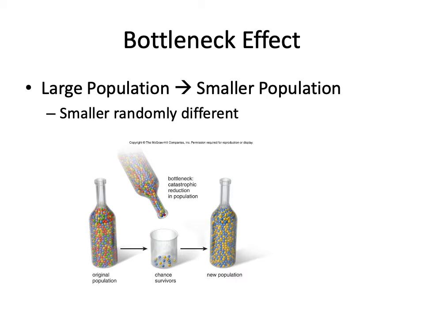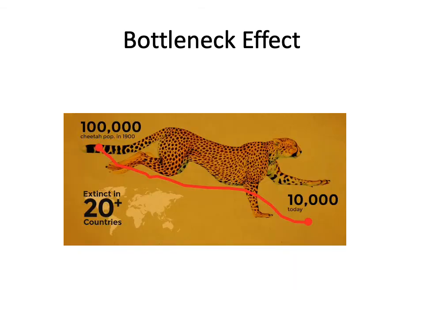There aren't any red ones. So these beads represent individuals in a population and they rebound, and the new population is less diverse, less variable than the original population. An example of this: